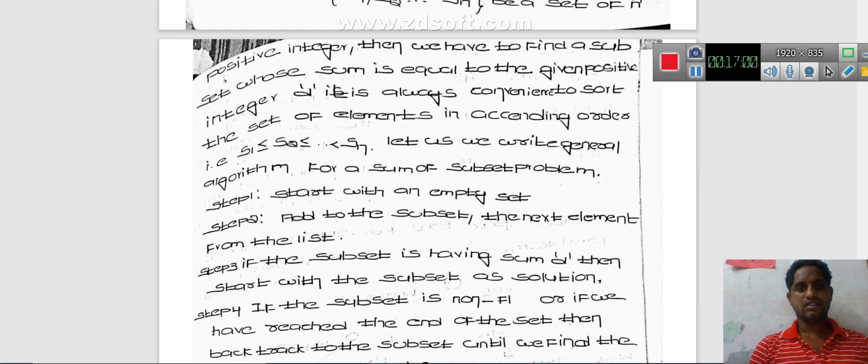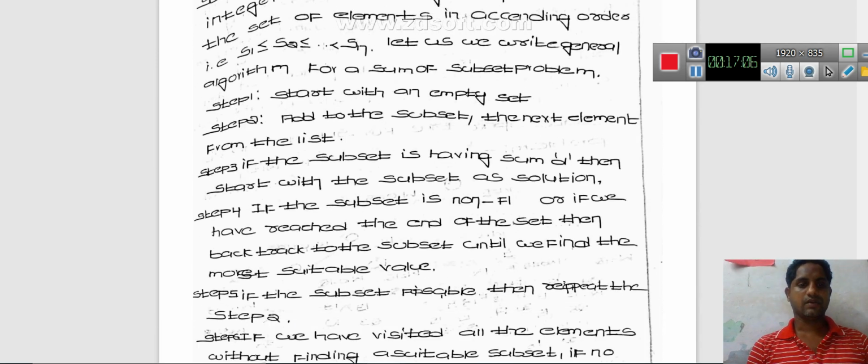Let us write a general algorithm for the sum of subset problem. Step 1, start with an empty set. Whenever we have to solve a problem, we can start from an empty set. Step 2, add to the subset the next element from the list. Step 3, if the subset sums to d, then take the subset as the solution.